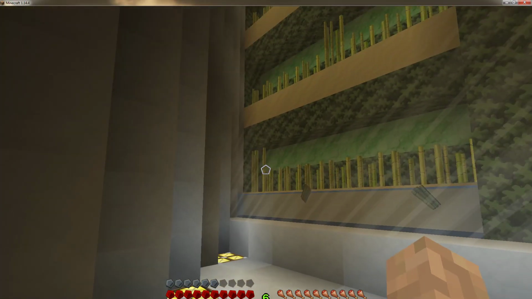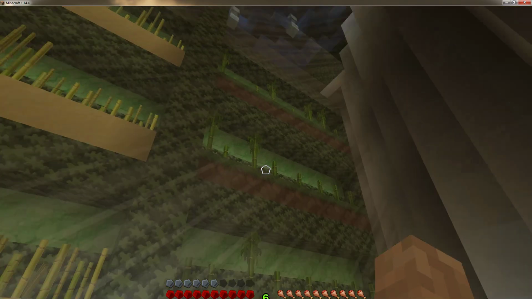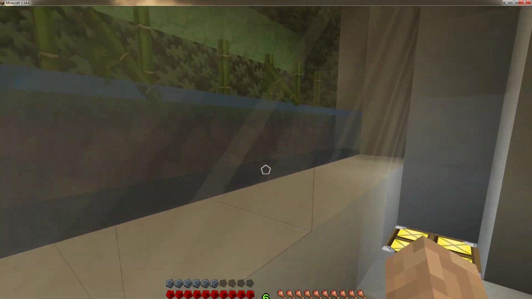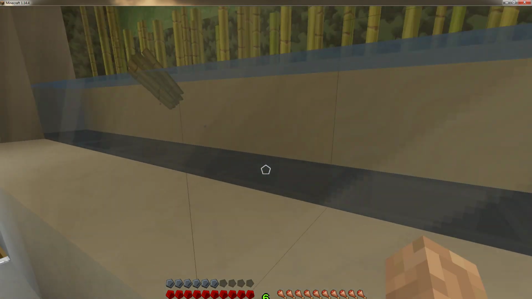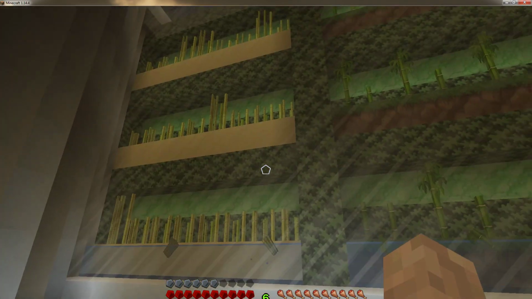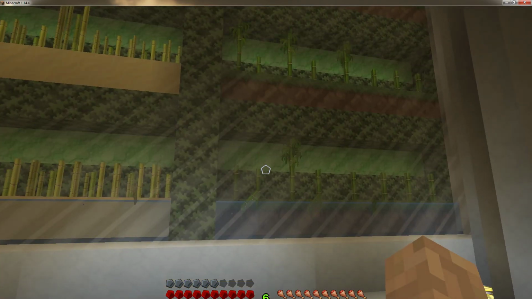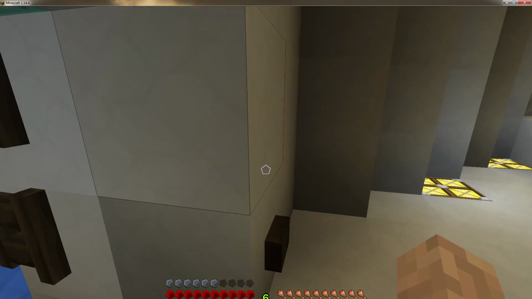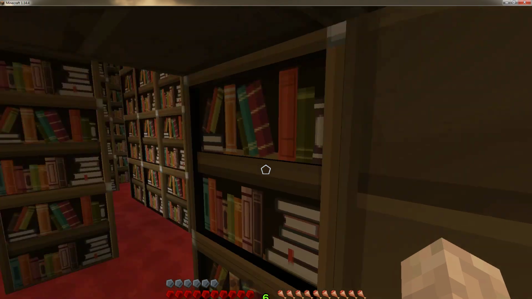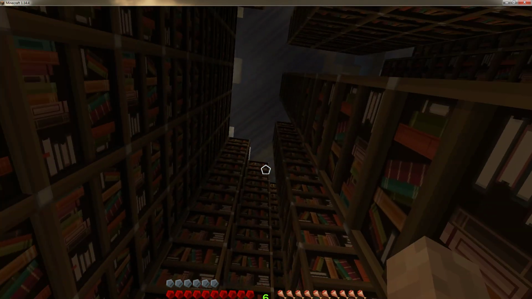Over here we have my sugarcane farm and my bamboo farm. They're just floating there because all of these hoppers are completely full. And I don't need any more. I could just destroy it and remove it and use the space for someone else, but I just kind of want to keep it. It was one of the first farms I built as well. This has taken a while,